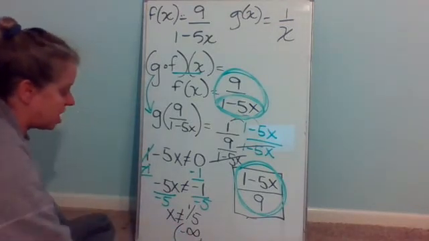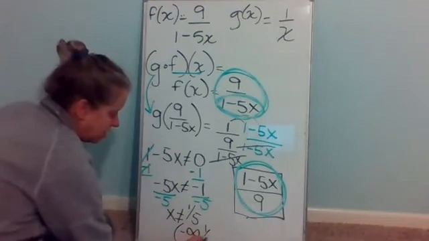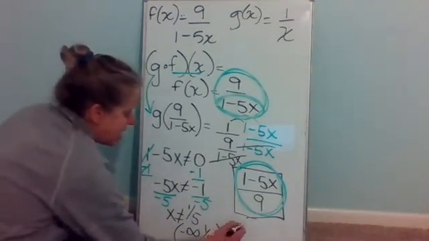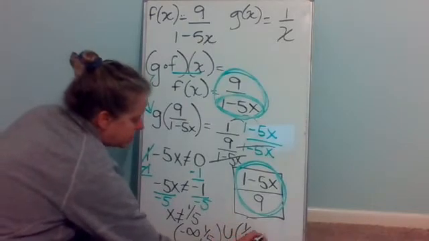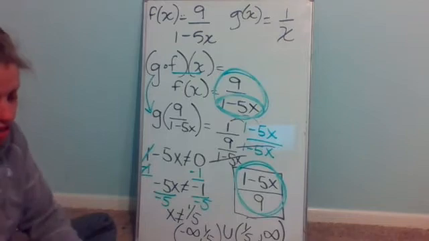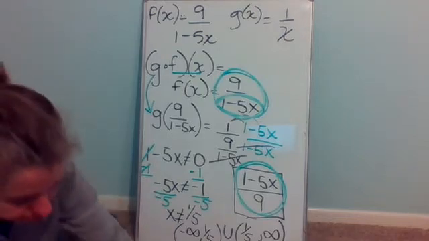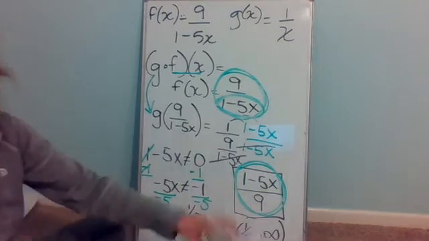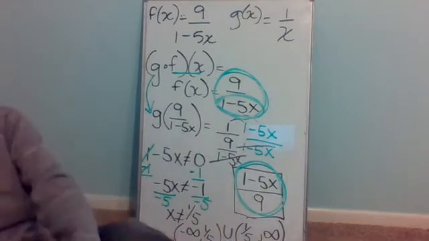So from all the numbers below 1/5, which would be negative infinity to 1/5, and then 1/5 to infinity to show all the numbers above 1/5. Okay, now that one was number 17. Number 18,